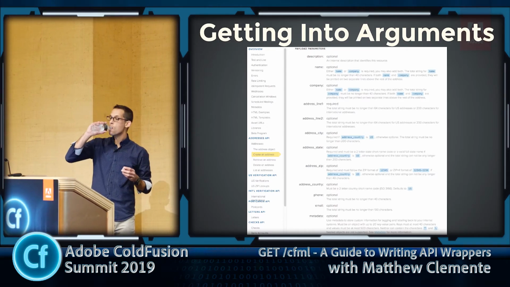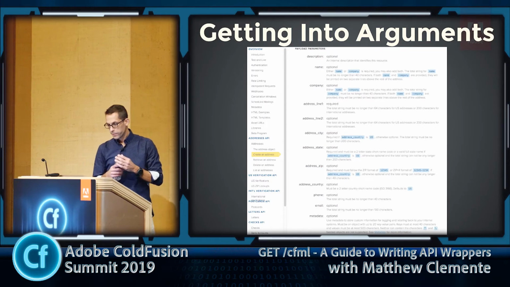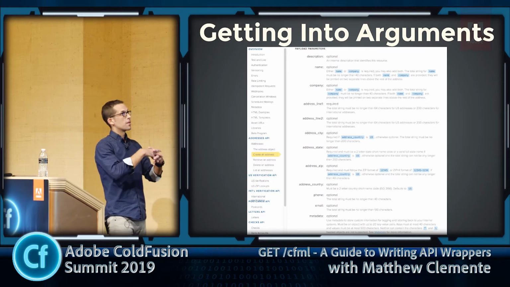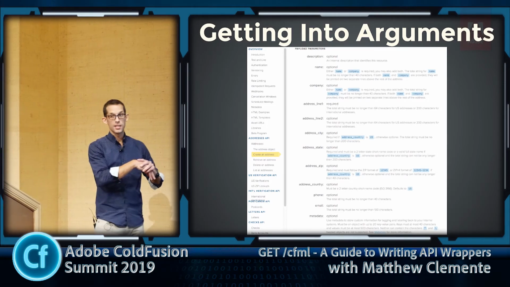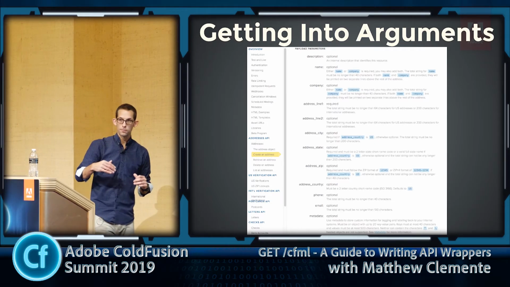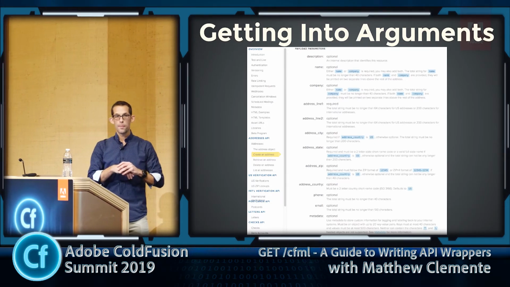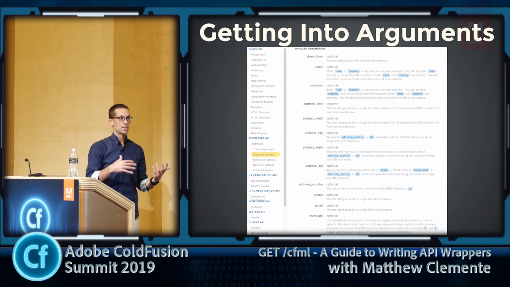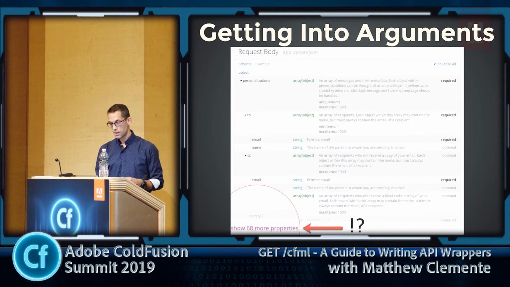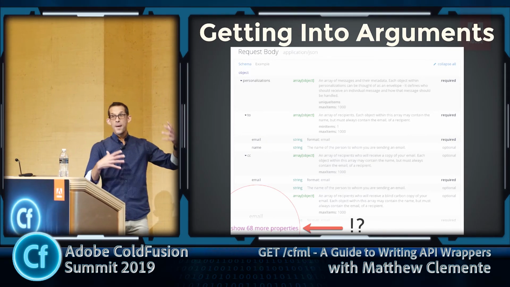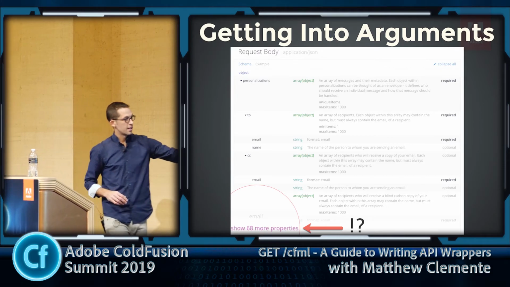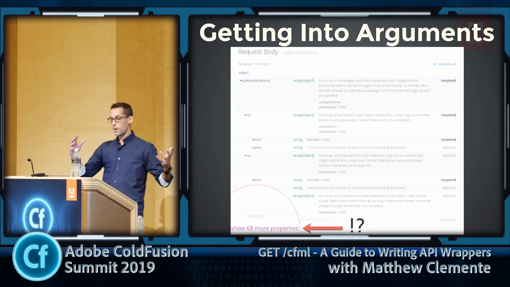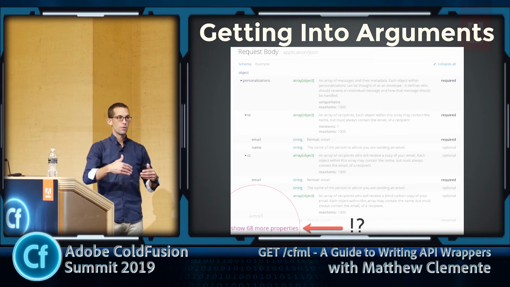Another important thing here. So reading the Lob documentation, Lob's API has an address object. It has 12 properties, which is a lot more than any of these other APIs that we've been working with. 12 properties is a lot to account for, but it's actually not that uncommon when you're working with more complex APIs. SendGrid's mail object, I don't know if you can read this down here, but it says shows 68 more properties. It is a massive object with a lot of properties,